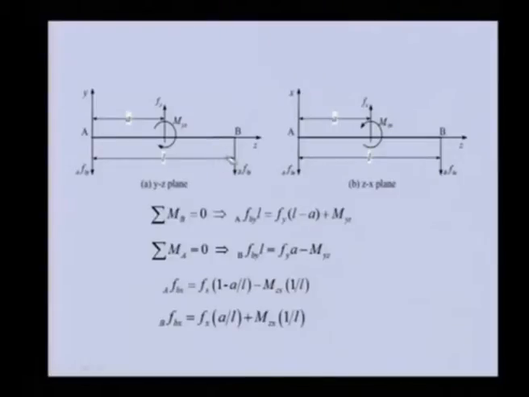Based on similar analysis in the zx plane, we can write the equations of bearing forces in the x direction at bearing A, that is left side, and bearing B at right side. So basically we got 4 equilibrium equations from these two free body diagrams. These relations, which relate the bearing forces with the reactions onto the shaft from a disc, can be put in a matrix form.